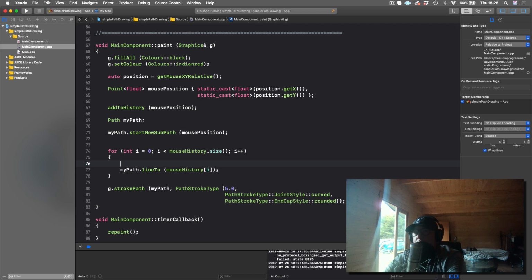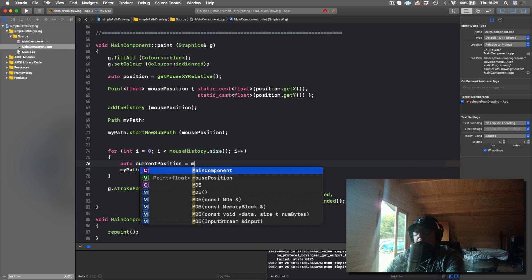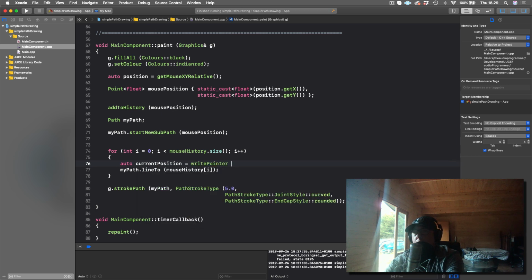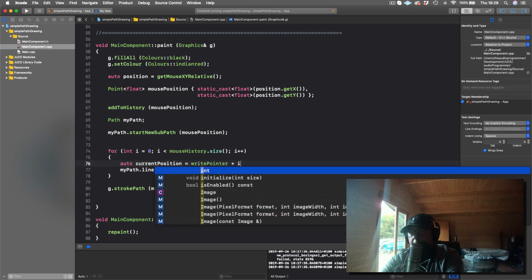So we could just do a variable here. We'll just call it current position equals. Let me think about this. So it would be right pointer plus I. Yeah, because